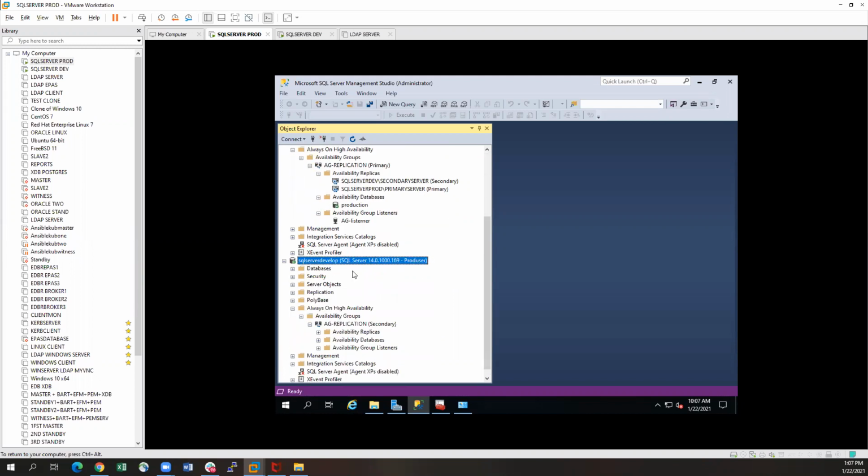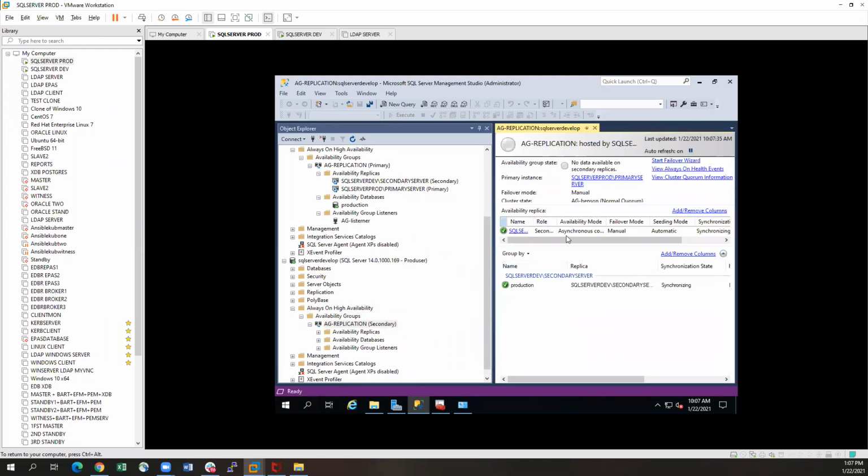We can also look at a couple of things here. The availability group here. We can right click on this availability group, and we can look at show dashboard. So if we look at the dashboard, we're able to see the state of these replicas. All right. So here we are able to see